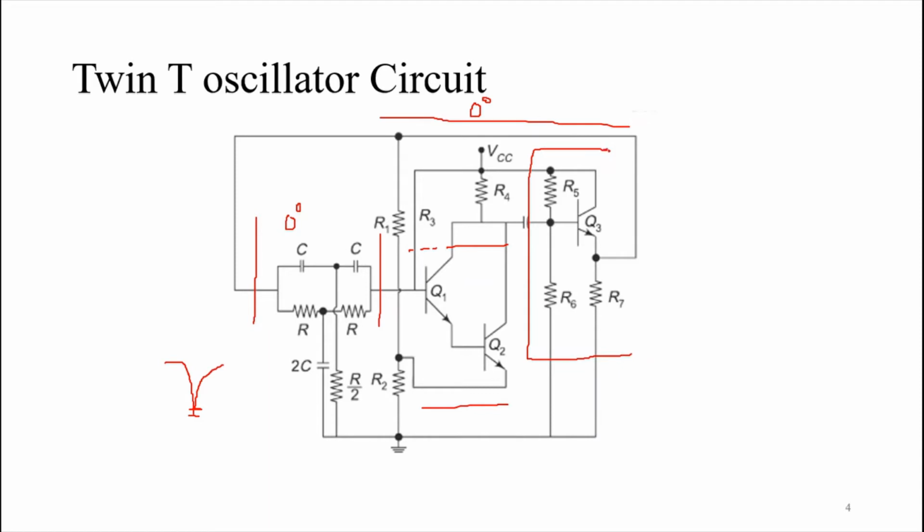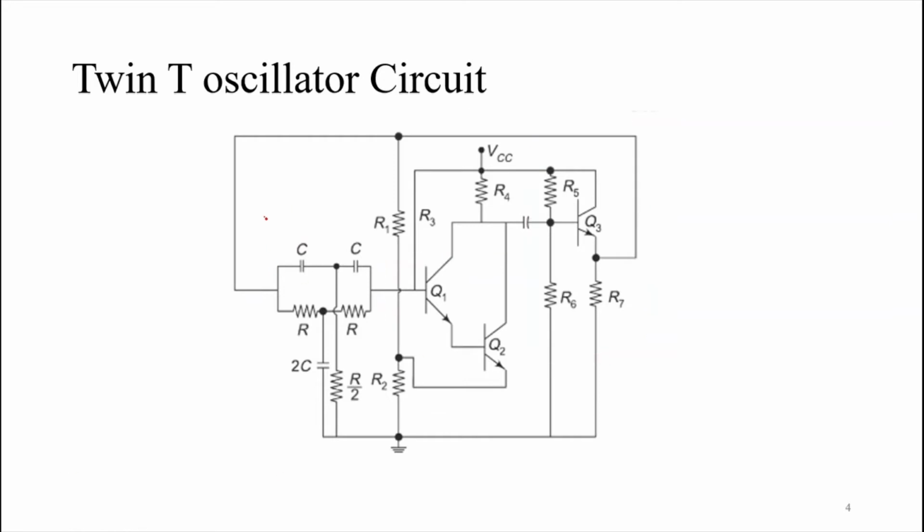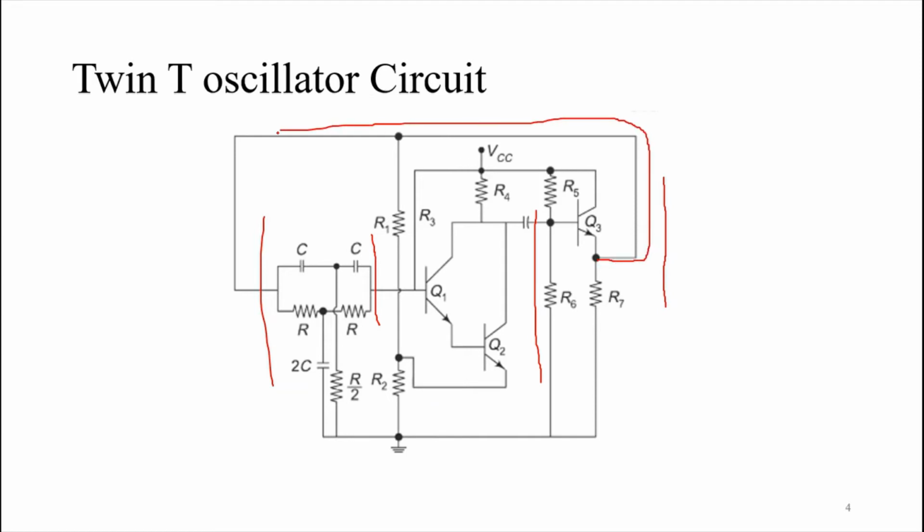This is also a common collector amplifier, that is an emitter follower. So here you can see that you've got a feedback network, one Darlington amplifier section, and the last one is also an emitter follower. The output of the emitter follower, that is the emitter output, is given as feedback to the twin-T network. So now this becomes the input side and this becomes the output side. This is the feedback voltage, and this is the input voltage Vin.